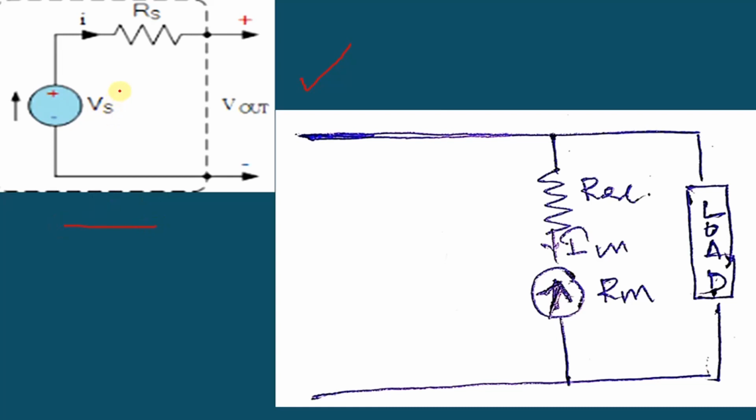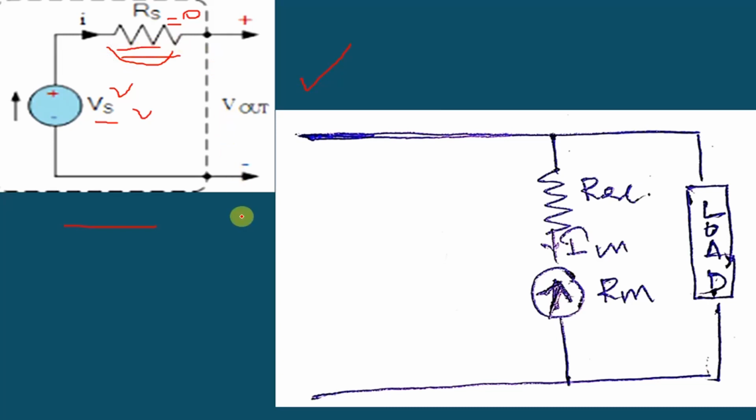Okay. So this is the diagram of an ideal voltage source. See, it is a source Vs, and this is the internal resistance Rs. So if the internal resistance is equal to 0, then what will happen? The voltage drop across this resistance will be 0. So the voltage output from this source is always Vs. So the ideal voltage source means a voltage source which will give the output voltage constant all the time, equal to the supply voltage only. That is called the ideal voltage source. So in an ideal voltage source, the internal resistance is always 0.